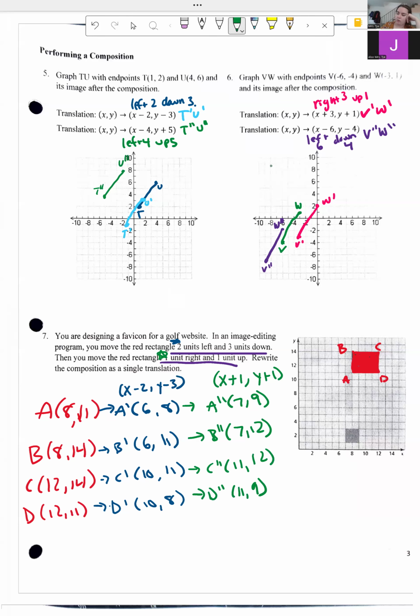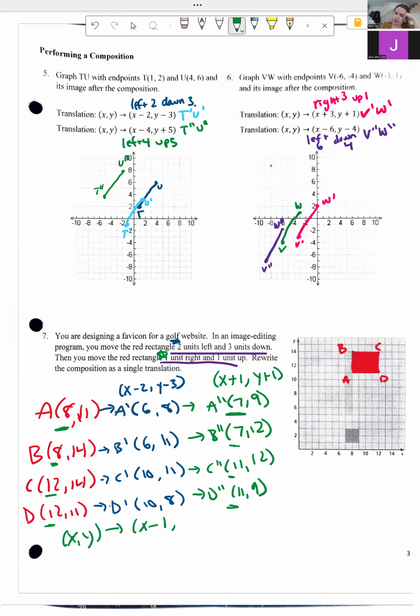Okay. And our whole goal is to miss this middle step, right? So if we're going from this 8 right here to this 7, we're really only subtracting 1. And we can see that in all of these x values. We're just subtracting 1 from the x value. So if we're rewriting the rule, we could say (x, y) goes to (x minus 1,